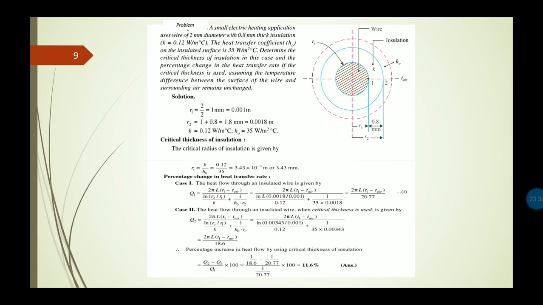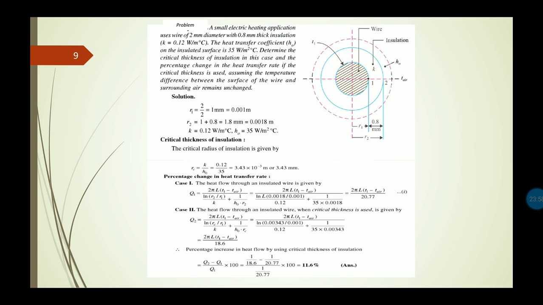For the second part of this numerical, we need to find the percentage change in the heat transfer rate if the critical thickness is used, and we need to assume the temperature difference between the surface of the wire and the surrounding air remains unchanged. So, to find the percentage change in heat transfer rate,